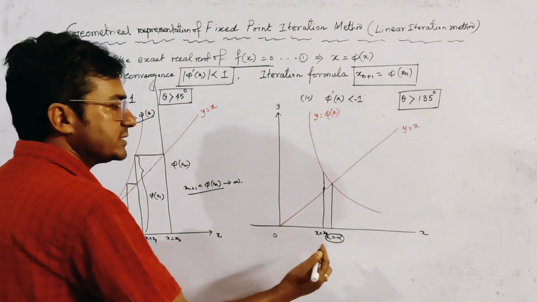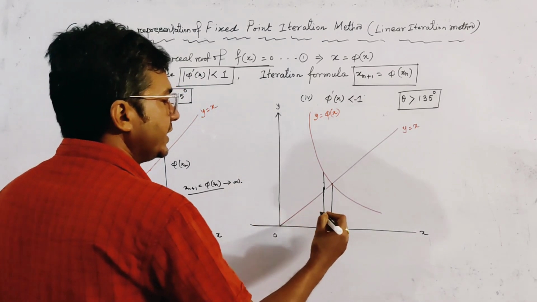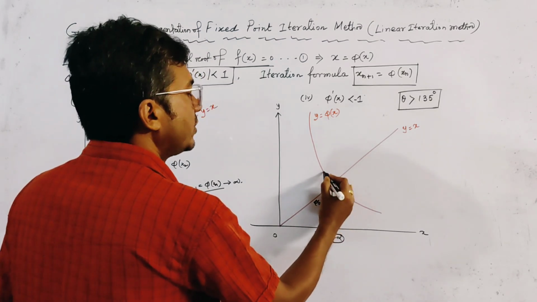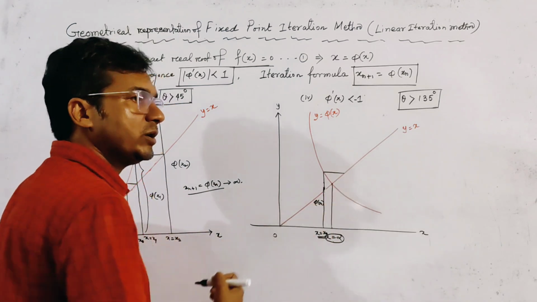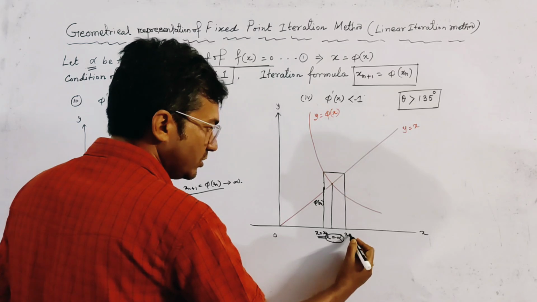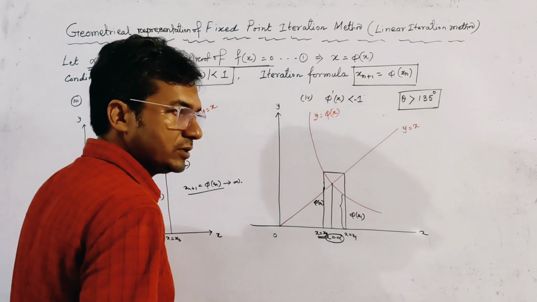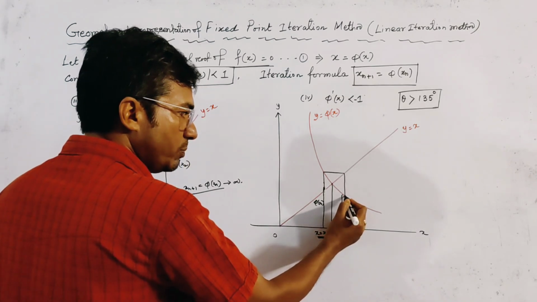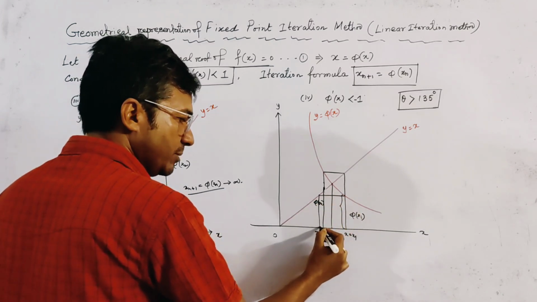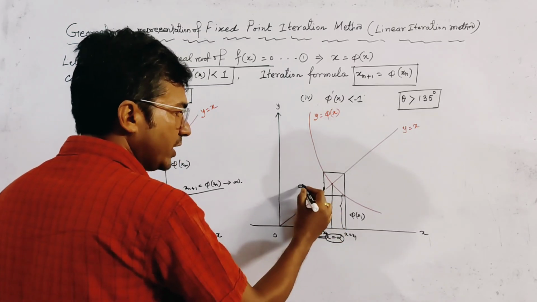And similarly in this case, this is the exact value, and we take this as the initial approximation, and this height is given by phi of x0. Now in a similar manner we draw the perpendicular here, this is y equal to phi of x, and we also draw the perpendicular on the x-axis, this gives x equal to x1, and this height is equal to phi of x1. Now from this point we draw a perpendicular on y equal to x again, and this gives the second approximation, x equal to x2.